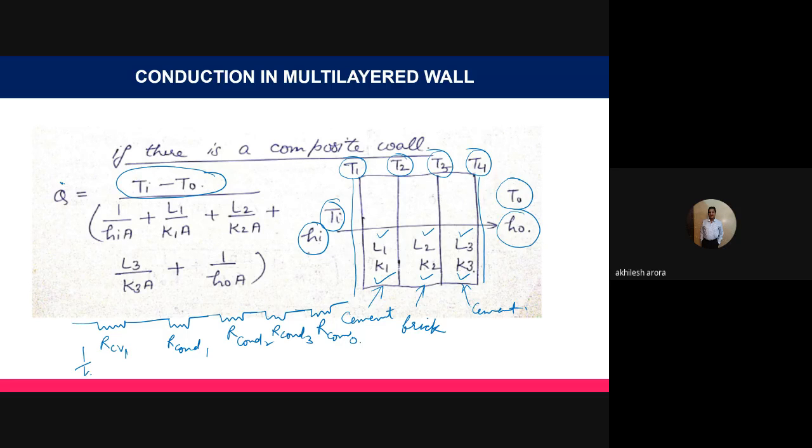This is 1 over hiA. The value here is L1 by K1A. The value here is L2 by K2A. This value is L3 by K3A, and this value is equal to 1 over h naught into A. So, what is the value of the heat transfer? This is the thermal potential difference, and this is sigma R thermal. So this is the first resistance, this is the second, third, fourth, and the fifth resistance. So this is the value of the sigma R thermal, and then we can calculate the value of